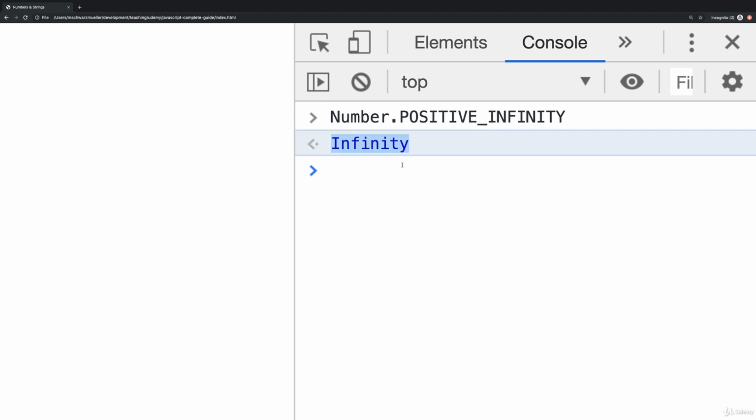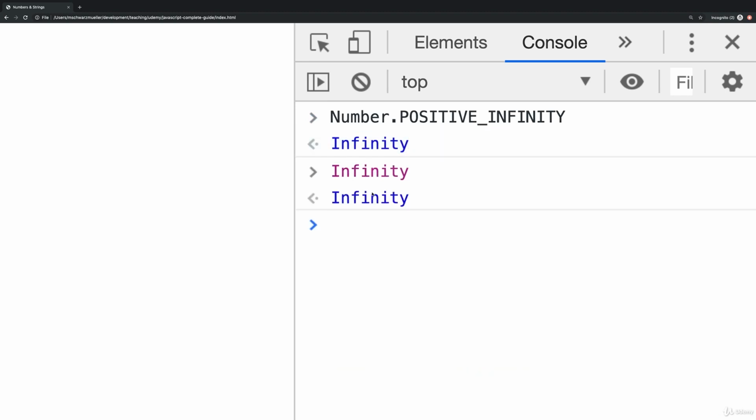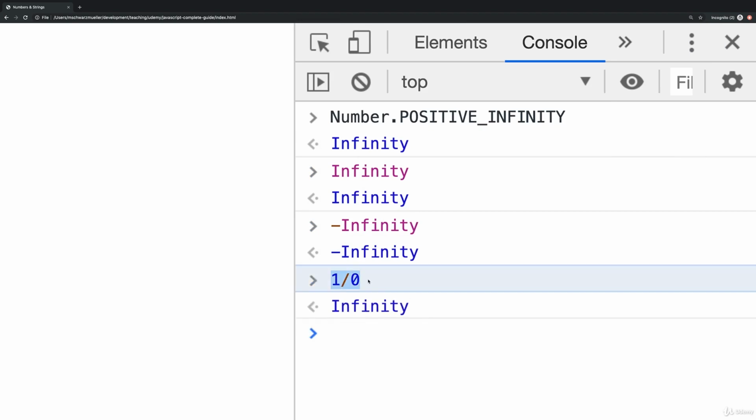These are special values in JavaScript, which you also can just type like this, by the way, infinity and minus infinity. And this is the value you, for example, get if you divide by 0. You'll not get an error, which you might expect. Instead, you get infinity because it basically approximates the result, you could say. So infinity is a special value you can get,